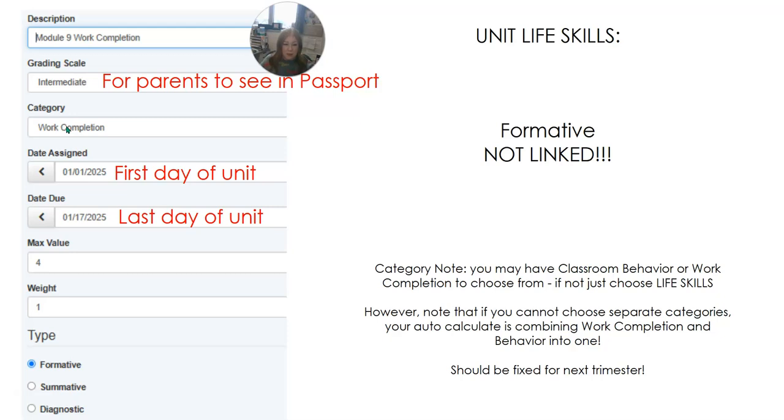And then you're choosing your category. If you don't have the category selections that are different, work completion and classroom behavior, just choose life skills. However, note that if you cannot choose the separate categories, the auto calculate is going to combine both of them together. Your work completion and your behavior is going to all be smashed into one grade in the auto calculate stuff. It should be fixed for next trimester, so fingers crossed for that. We'll make sure it is. So I just put my first day of the unit and the last day. Values 4, weight is 1, and then this time it's formative,